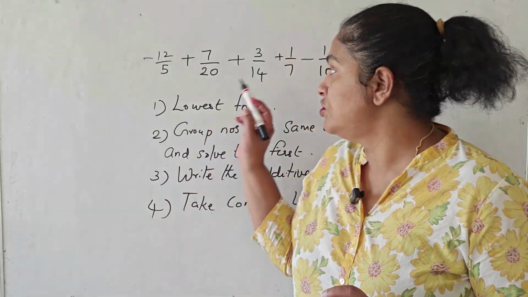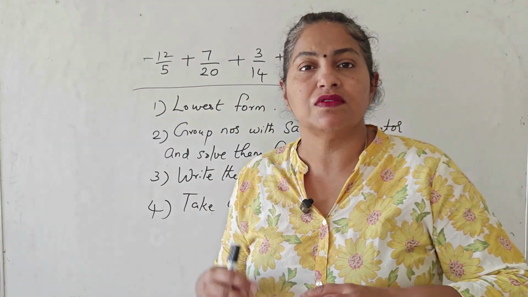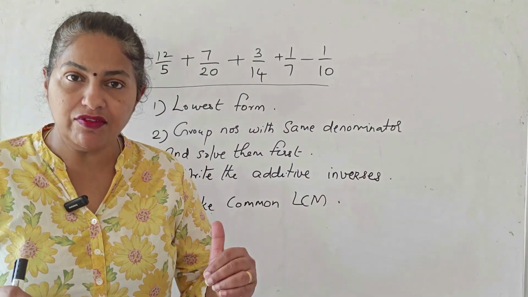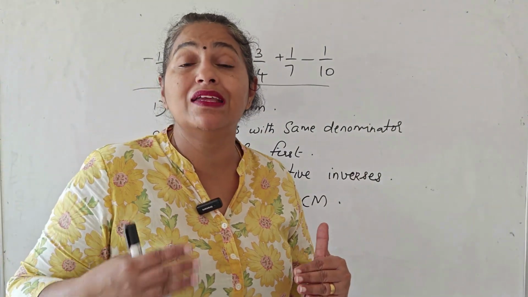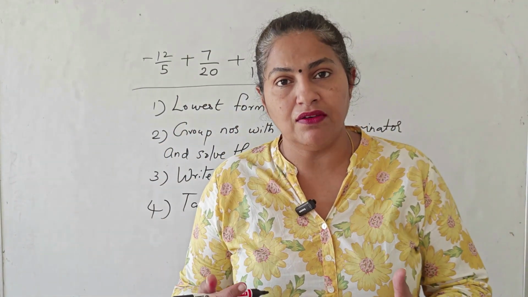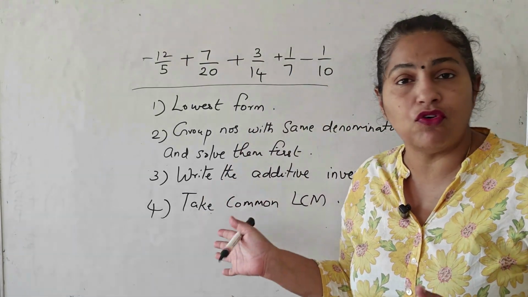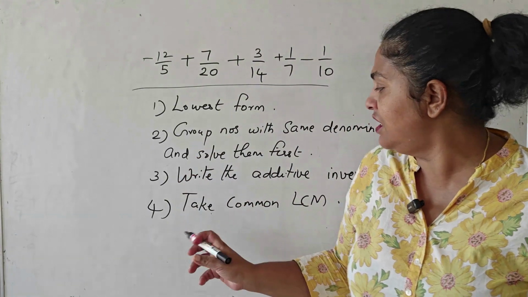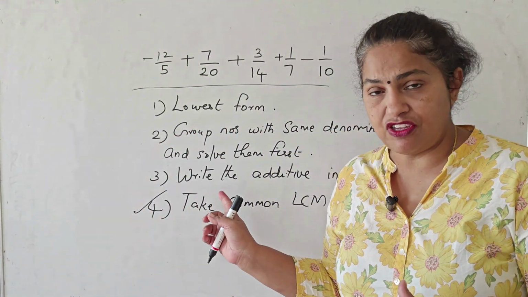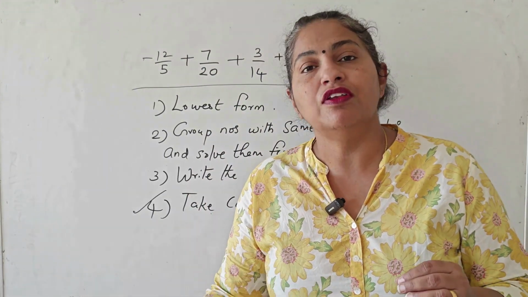In certain problems, you will be given multiple rational numbers in this form. We have to add some of them, we have to subtract some of them, etc. So I have written down a few steps that will make it easier for you to do these kind of sums, at least when you are starting with. Once you are really comfortable with rational numbers, you don't need to follow all this method. You can just randomly start from the fourth step and do the sum. But these steps, the first three steps, are intended to make it easier for you when you start doing these kind